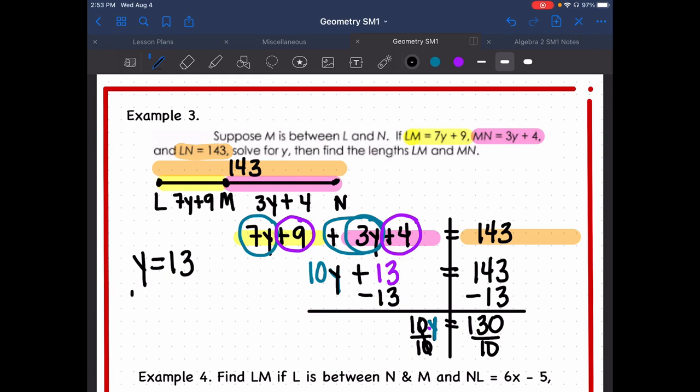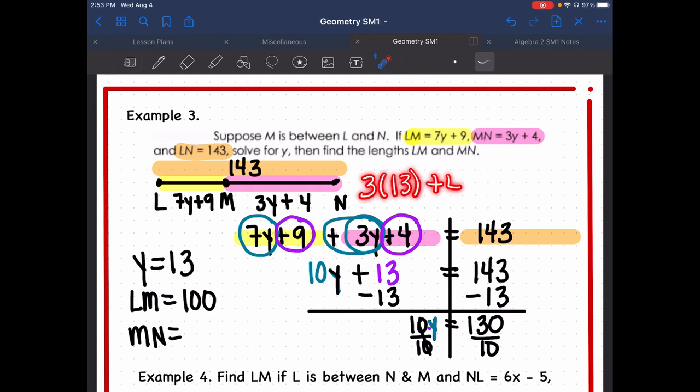Now this question also asks me to find LM. So all I have to do is go back right here and say 7 times 13 plus 9. That's what I'm going to put in my calculator. 7 times 13 plus 9. 100. And then it asked me to find MN. I'm going to go to my picture, MN right here. I'm going to say 3 times 13 plus 4. 3 times 13 plus 4,